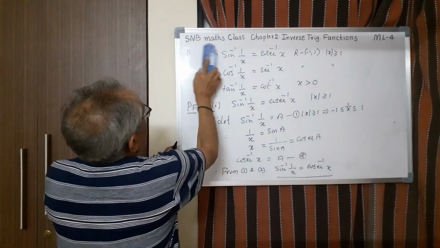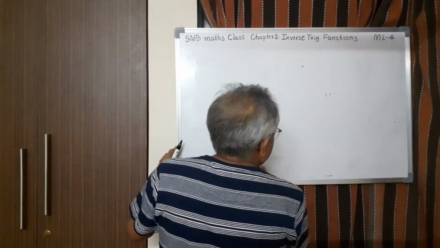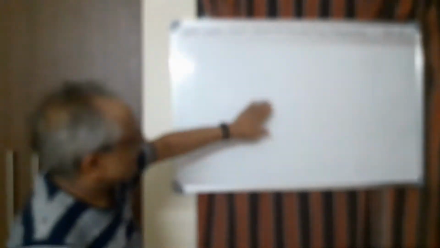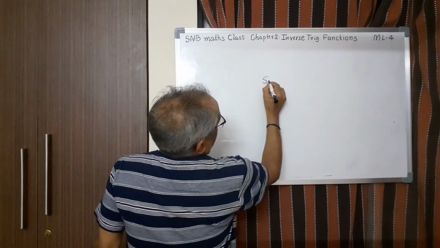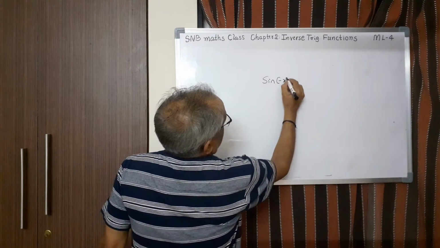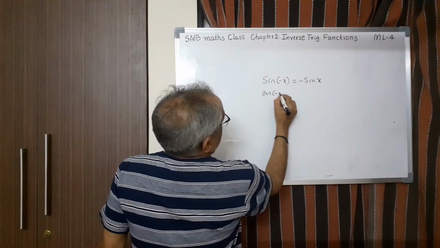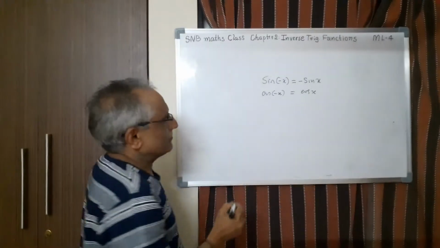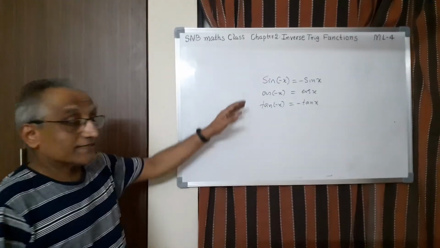Now let us take the second set. See, you should always compare both the direct trigonometric functions and their inverse. In last year's formulas we have seen this one. Sine of minus x is minus sine x, and cos of minus x is not minus cos x, but it is cos x only. Similarly, we have other properties. Tan of minus x is minus tan x. So these are the properties we studied last year under allied angles.